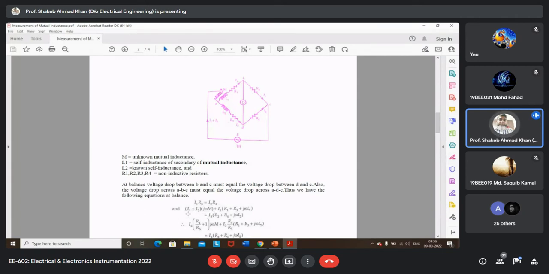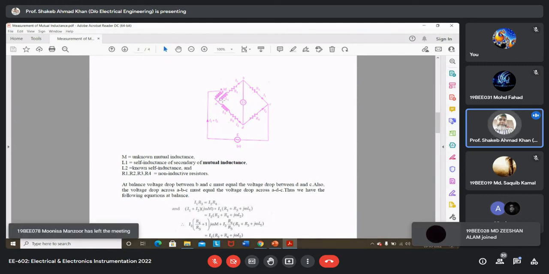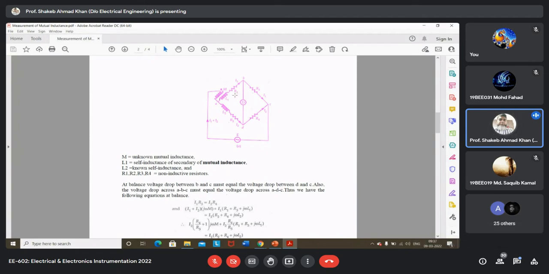So here is this term, you can see I1 plus I2 j omega M, because this current is producing the flux that is linking this coil, plus I1,